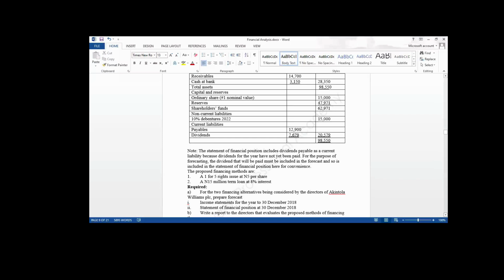The proposed financing methods are one, a 1 for 5 rights issue at 5 naira per share. 2,